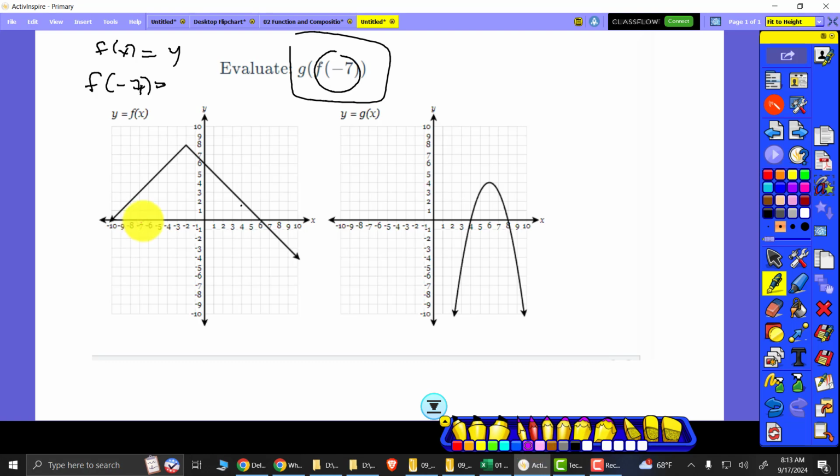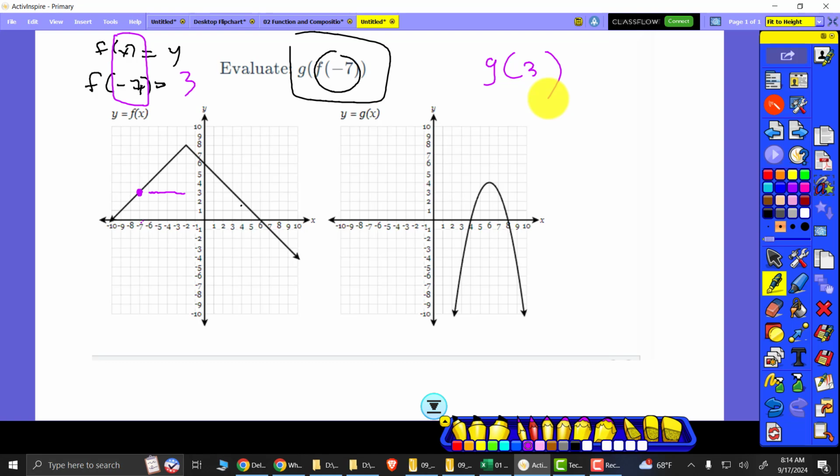What is the y value? I have to find a point that has x equals -7. Can you find that point? It's over here, right? That's the point. So first, I need to figure out what's my x. I went to my x value, and there we go, I figure out the point. Now, what's my y value here? All right, I got that. It means that my f at -7 is equal to